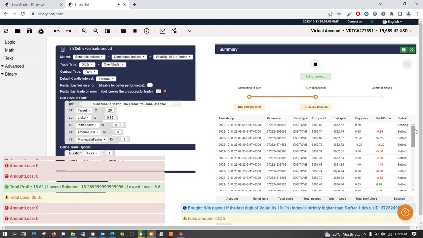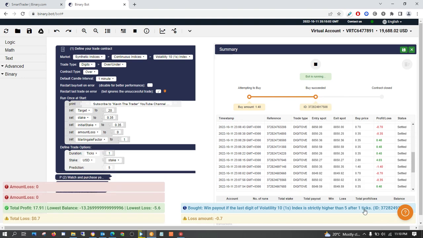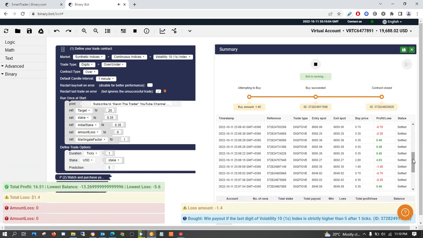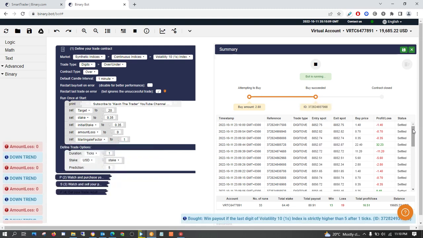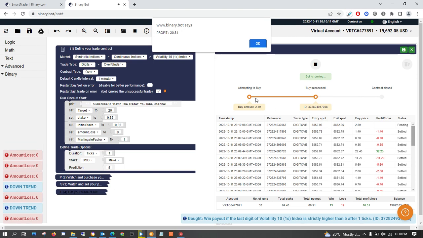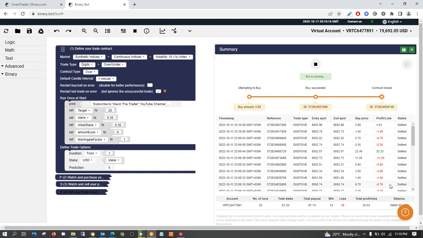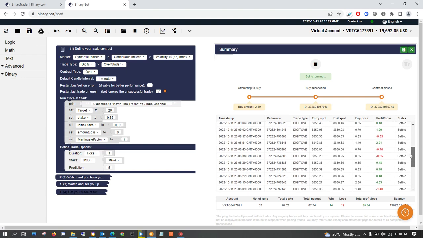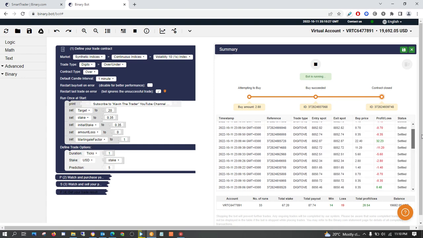Now you see, any one win after all these losses takes our account to positive, guys. Okay, it takes our account to positive. You see, we have reached this one faster. So if you have a larger account, as you can see here, the most it has lost is 11, but after 22 we got a win here.